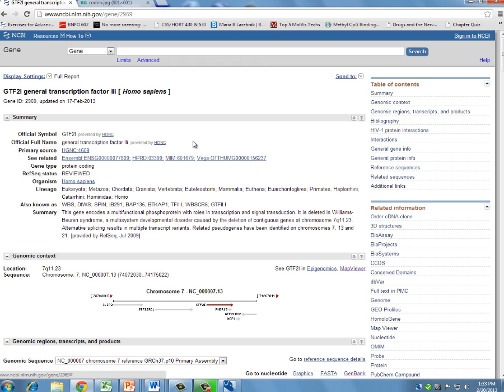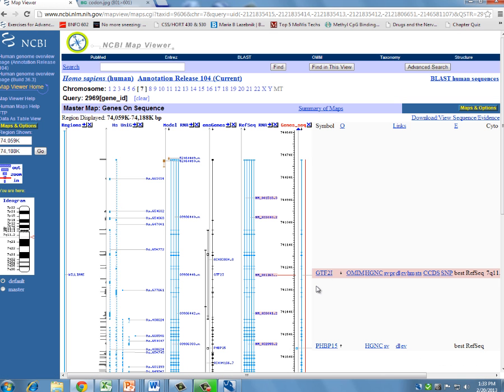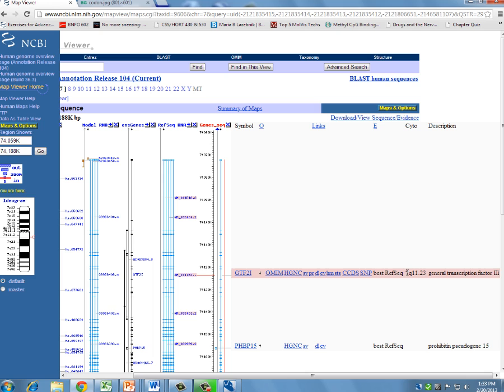And so the next thing we want to do is view this gene on a chromosome. So click on Map Viewer. And here it shows you the position of the TF2I gene on chromosome 7. So copy this into your report,